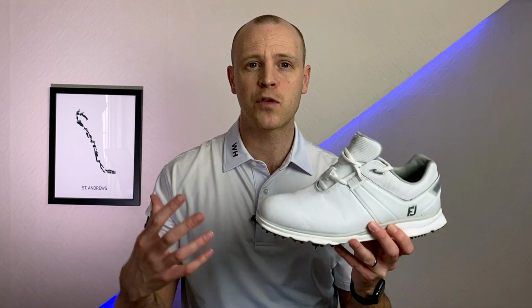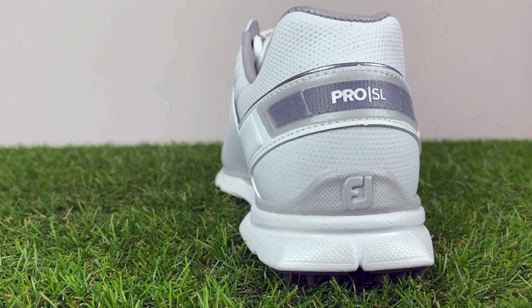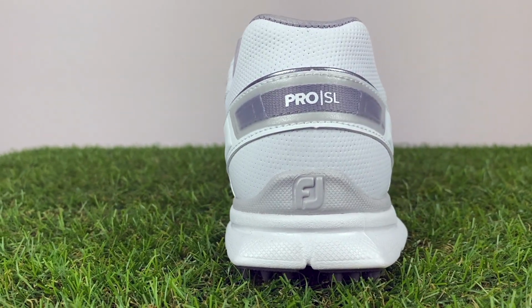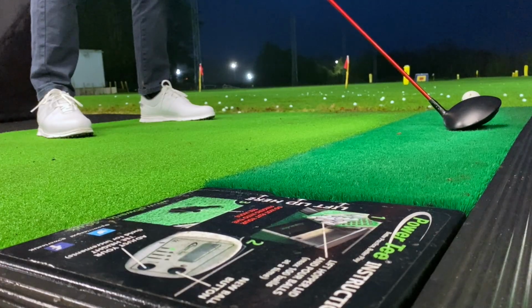I don't think that's new with the Footjoy Pro SL for 2022. I just think that's something that comes with the package of having a leather upper shoe. The Footjoy Pro SL has been an incredibly popular and successful shoe over the years, with it being the number one shoe used on the tour, and you see so many amateur golfers using these shoes out on the golf course. And for good reason as well, because it is an incredibly stable shoe,